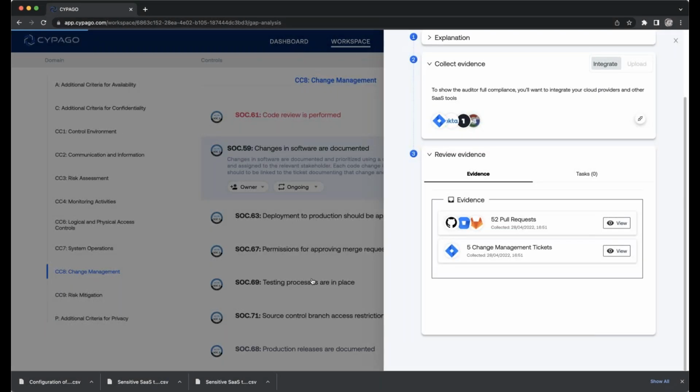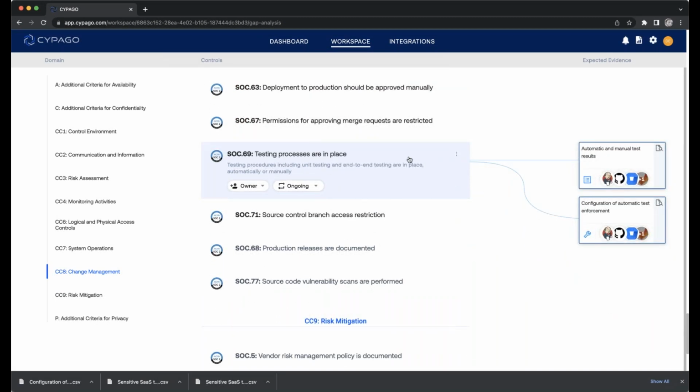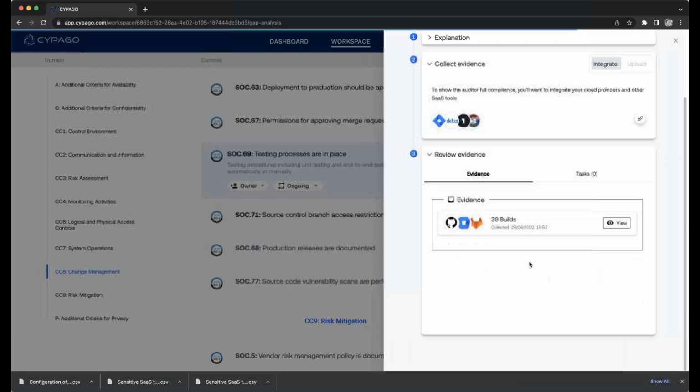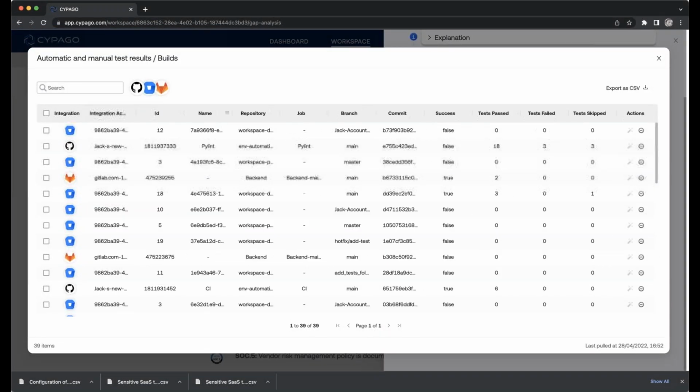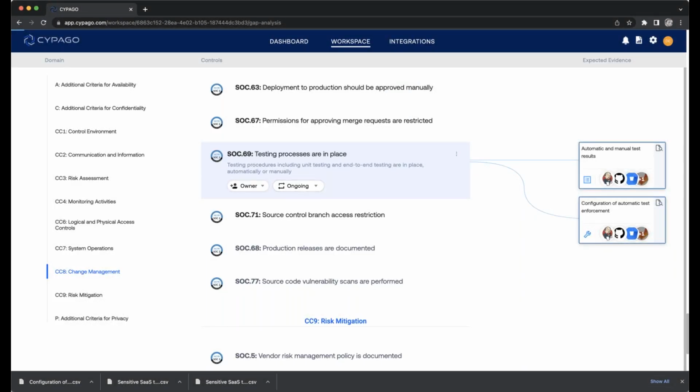This is one thing. And another interesting use case is the control of testing processes. You can see the Cypago automatically collects your builds and checks that every build related to production has decent tests and passed the test. Great. So now that we understand how Cypago smoothly helps you to collect evidence and to identify and remediate gaps,